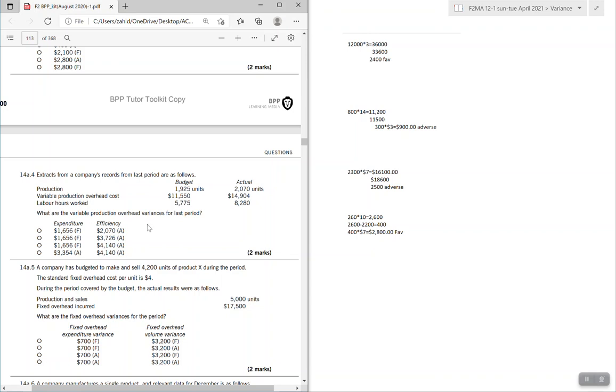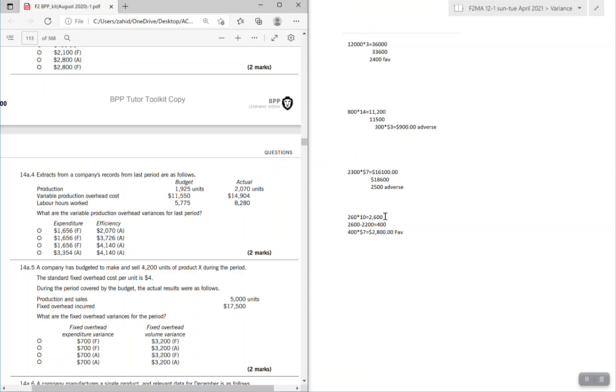Next, variable production overhead, expenditure and efficiency. Expenditure and efficiency is just like labor rate and efficiency. It is calculated exactly the same. Extracts from the company's record for last period are as follows. We have budget production, variable overheads, and labor hours worked, and then actual units, variable overheads, and labor hours worked. So in expenditure, we look at the hours that we paid,